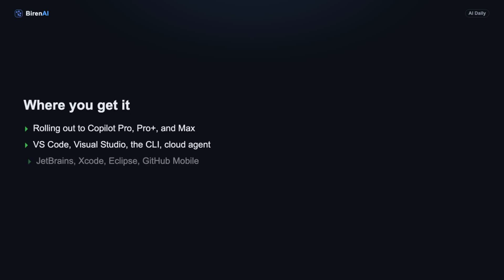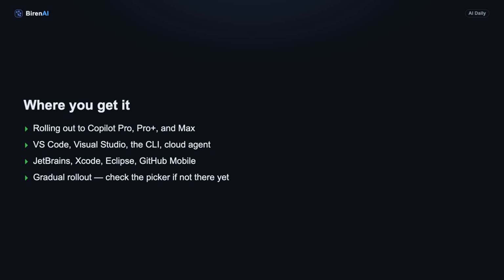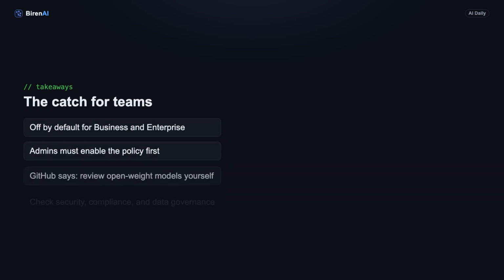The rollout starts with Copilot Pro, Pro Plus, and Max plans, and it spans nearly every surface: VS Code, Visual Studio, the Copilot CLI, the Cloud Agent, JetBrains, Xcode, Eclipse, even GitHub Mobile. It's gradual though, so if you don't see Kimi in your picker yet, it's simply not enabled for your account this hour. Check back. And here's the detail